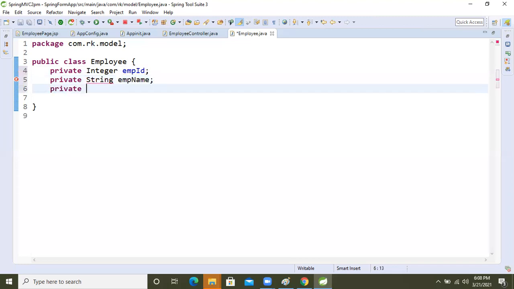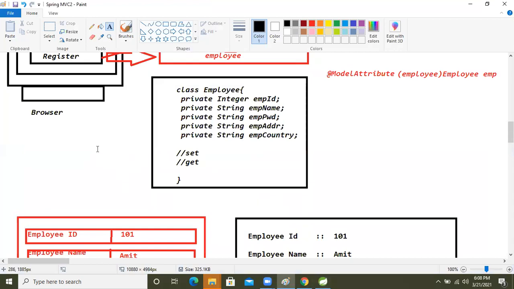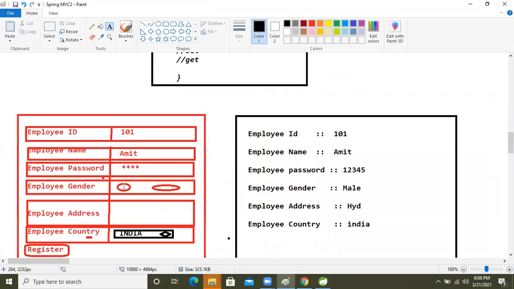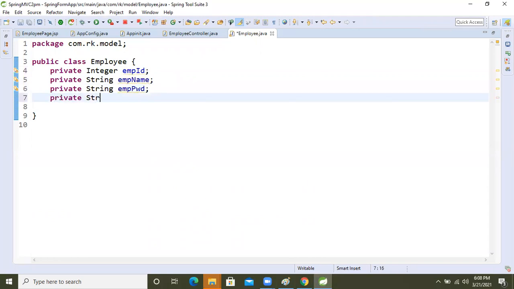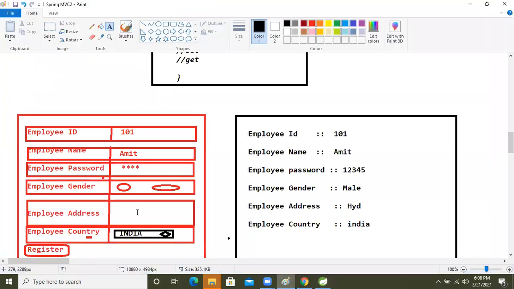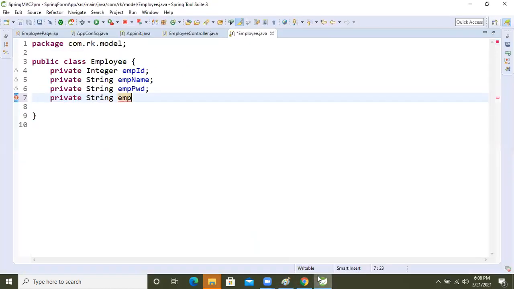Another one is private String, come here, see the input: empId, empName, emp password, right? empPwd. Okay, now pwd. After that, private String empGender. So what is emp gender, gender, right?